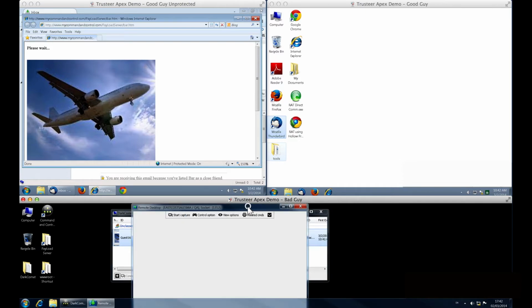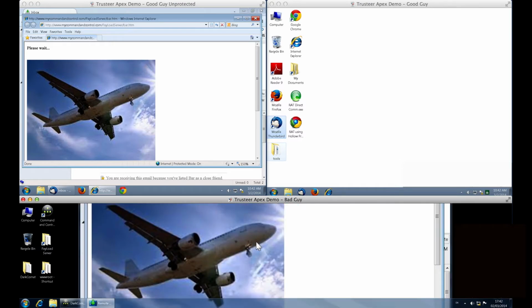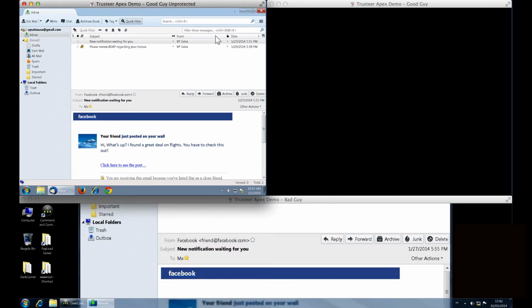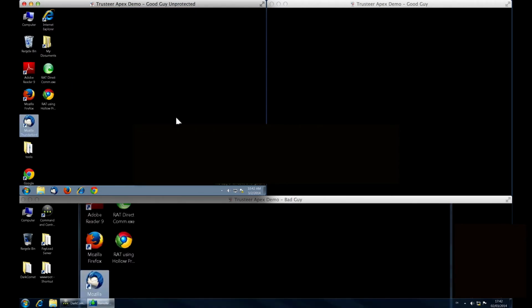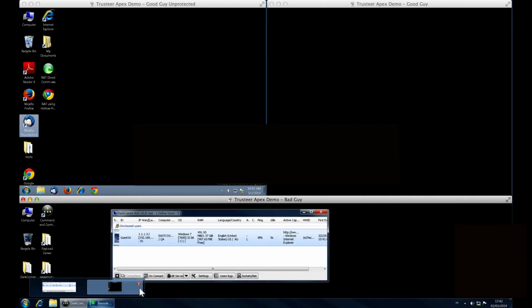And actually, I want to see what the guy is actually seeing in here. Let's start the capture and see what we see. Well, we see everything that the good guy is actually doing. If we close this window, the window gets closed. Whatever else we do, we are seeing exactly everything we are doing from that machine. Now, let's actually close that connection